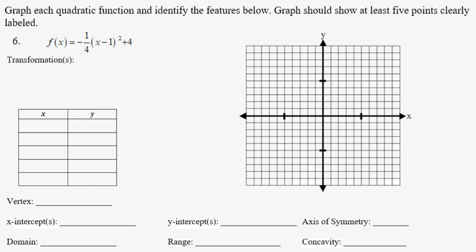Now this equation is in vertex form. So it's nice because we know the transformations. That will tell us the vertex. It will also tell us the concavity. It will also tell us if it's going to be wider or narrower because of that a value. And so if I look at my equation, the first thing I see